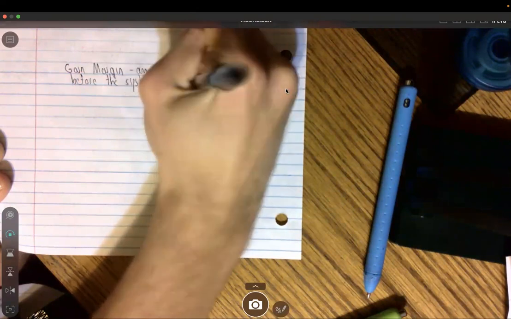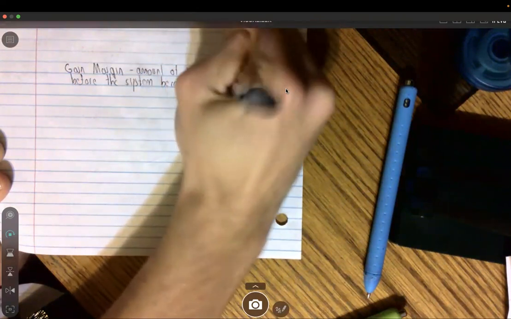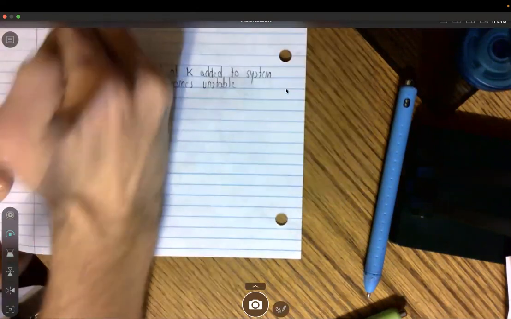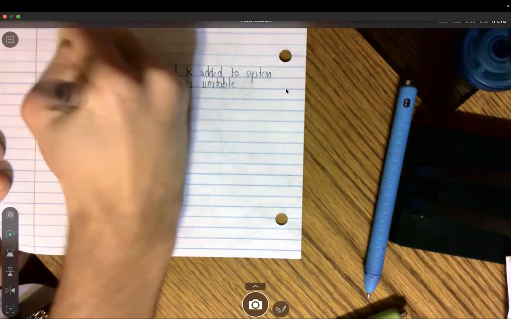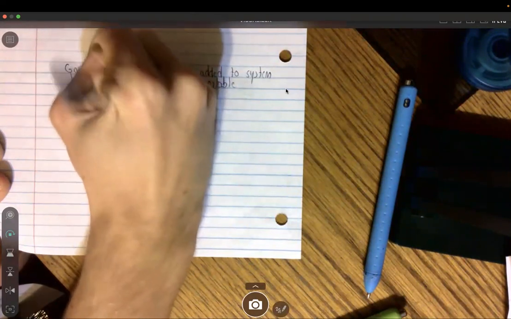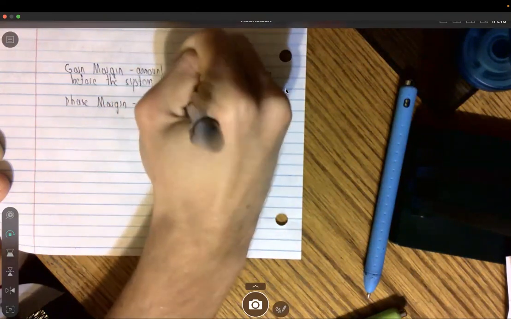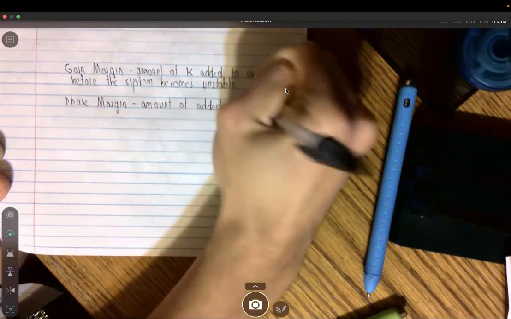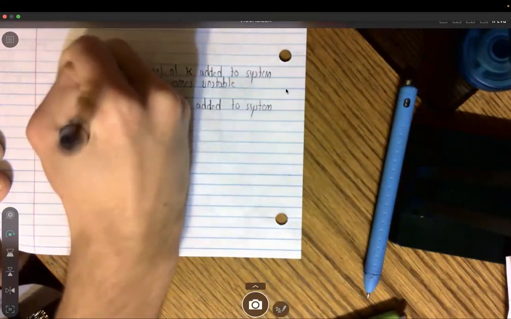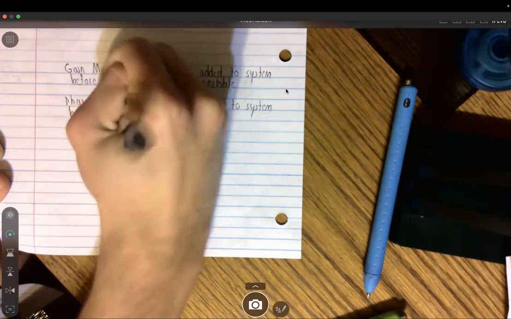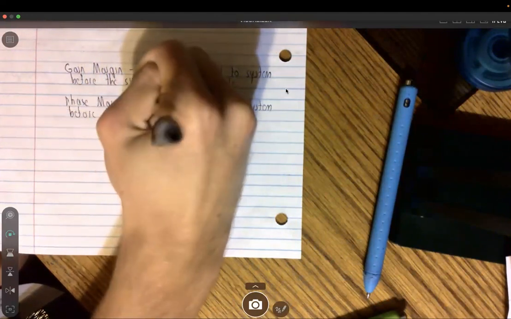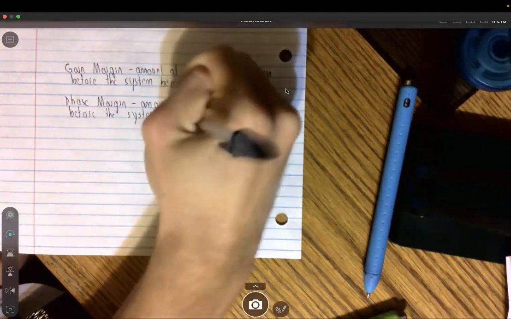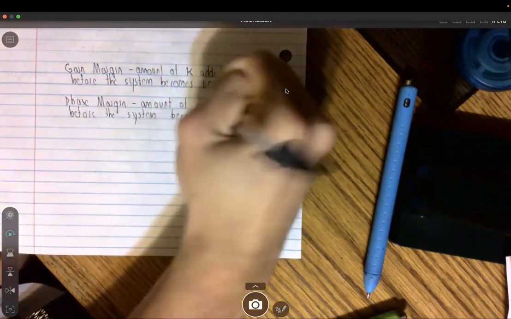And the phase margin is going to be the amount of phase added to the system before the system becomes unstable. And so looking at a quick example before we end tonight,